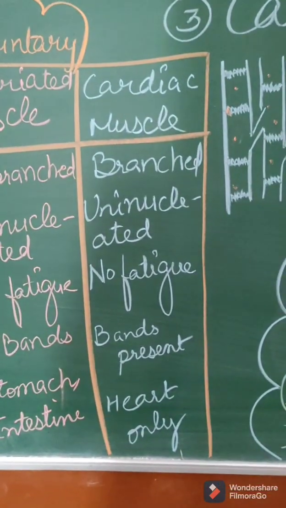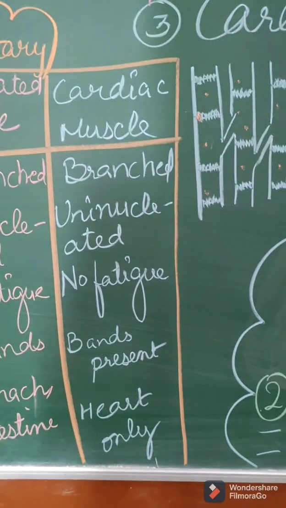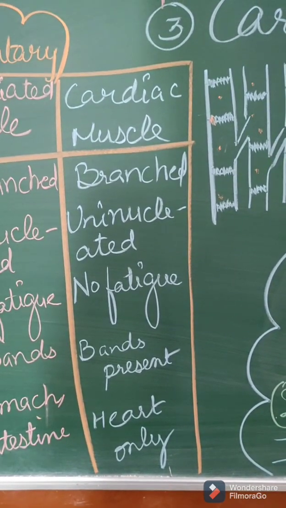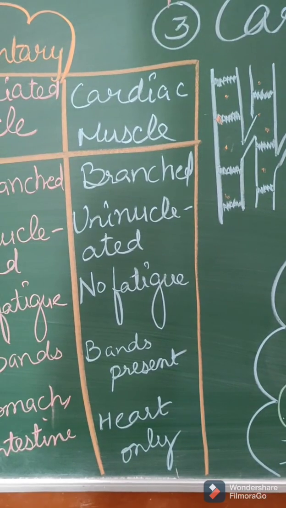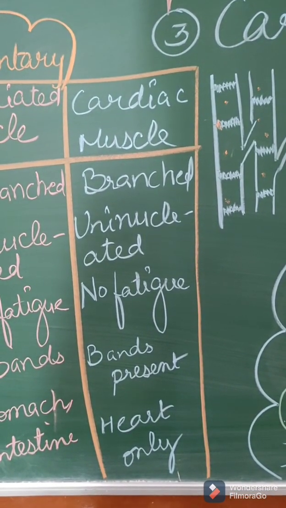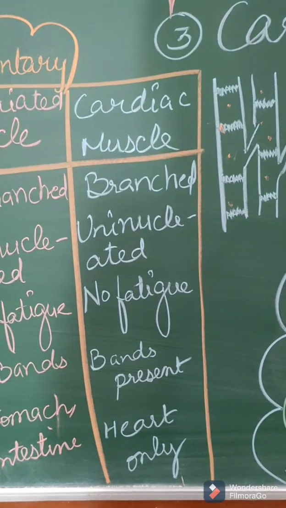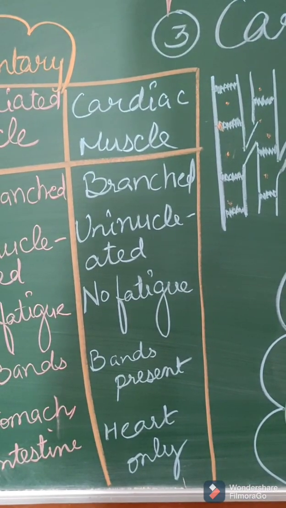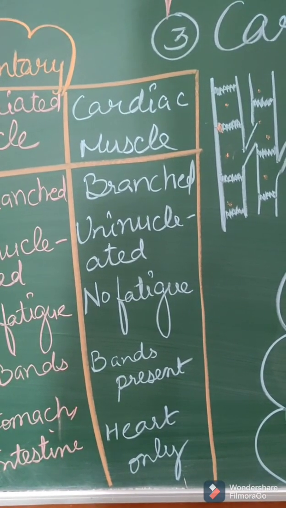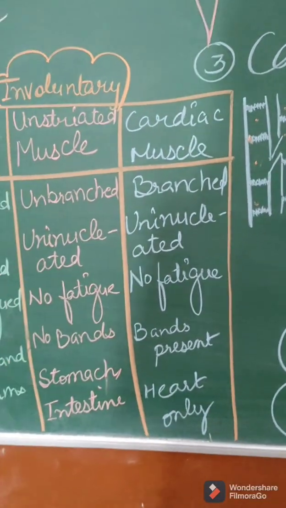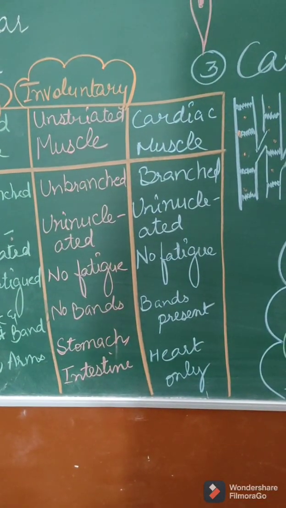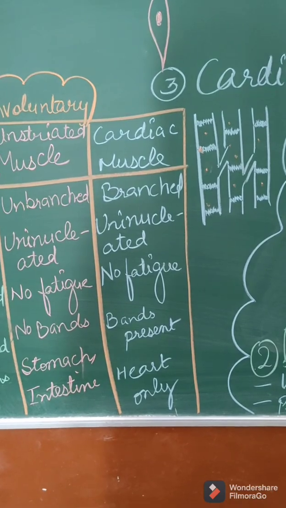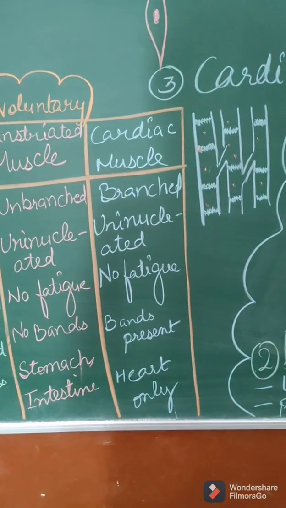Cardiac muscles are also involuntary. You can see the only example is the heart. These muscles are present in the walls of the heart. So they will not work according to us. They are continuously working without getting fatigue. Suppose the muscle of the heart gets fatigue and stops working, what is going to happen? Heart will stop beating. Once the heart stops beating, what is next? Person will die. So keep in mind, cardiac muscles and unstriated muscles, they don't get tired, they always work. Cardiac muscle works 24/7. That means every time it is working without break.